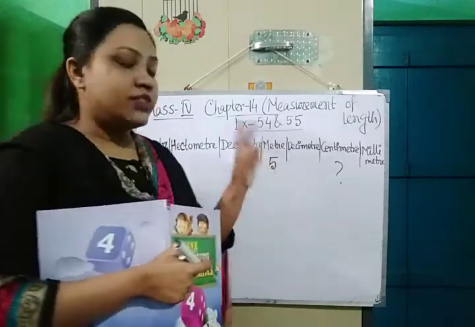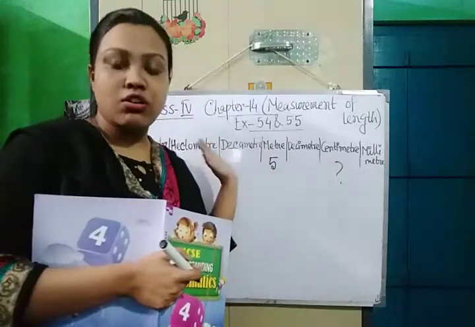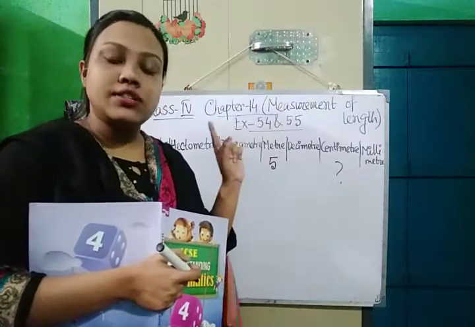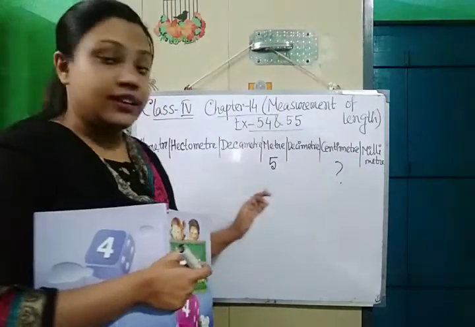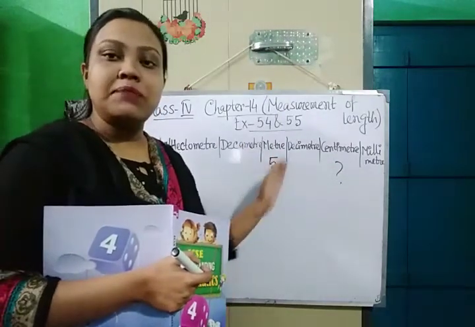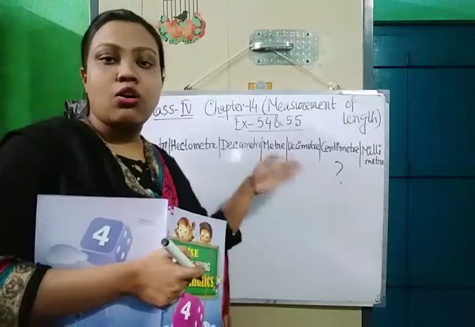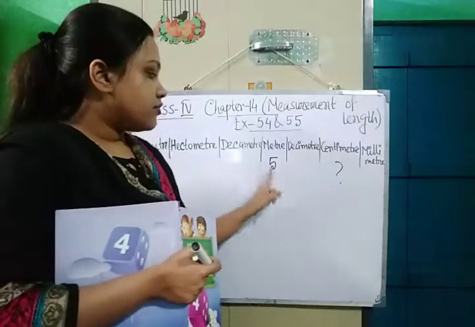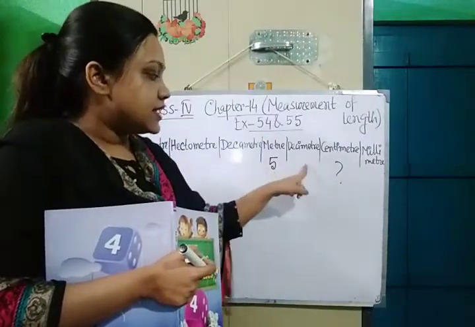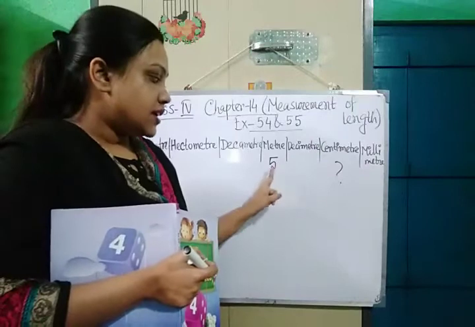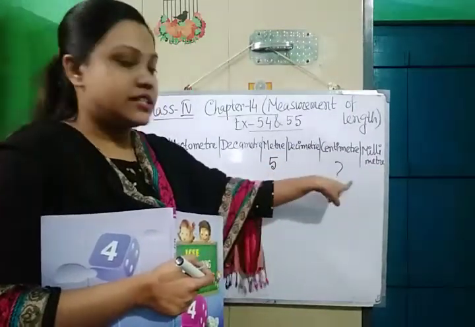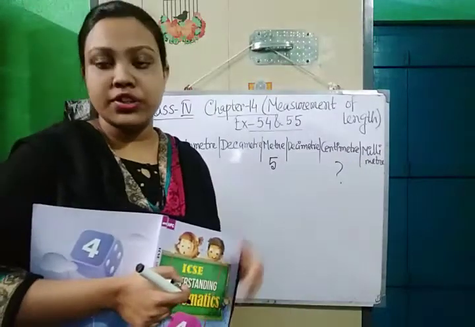See, first of all you will see whether it is moving to the left or to the right. We are moving to the right. That thing you will see first. Then what is the second thing? The second thing is how many places you are moving to the right or to the left. 2 places we are moving to the right. From meter we will count decimeter, centimeter. Meter we will not count. After meter, decimeter, centimeter. 2 places we are moving to the right.